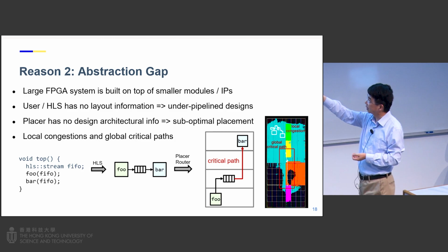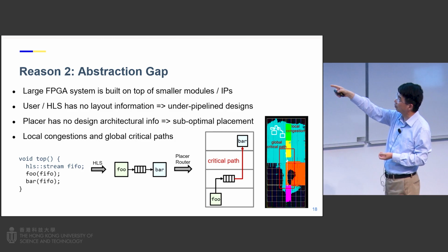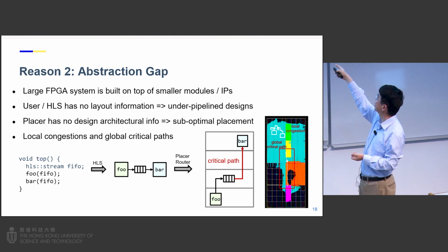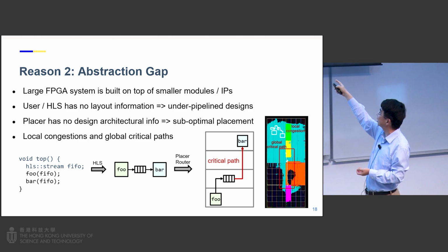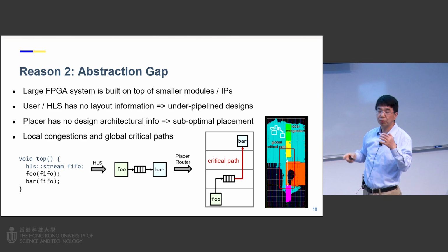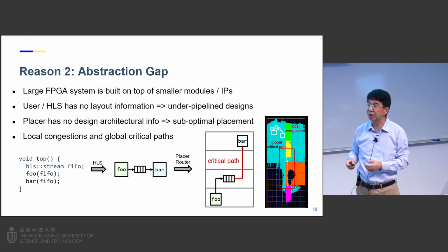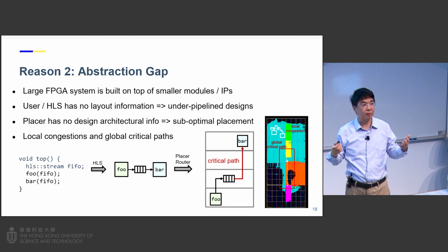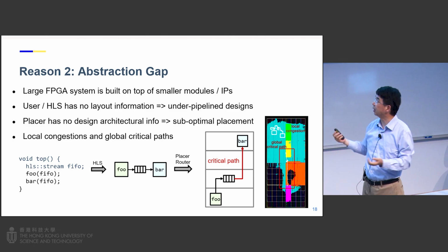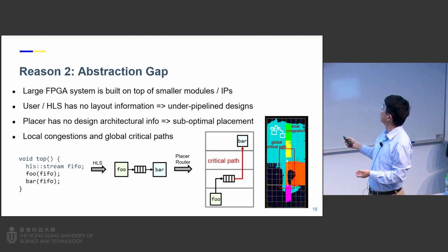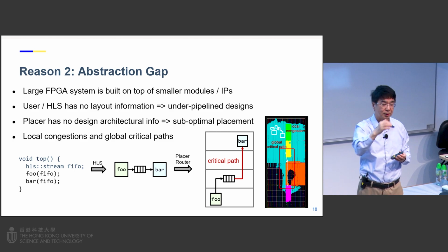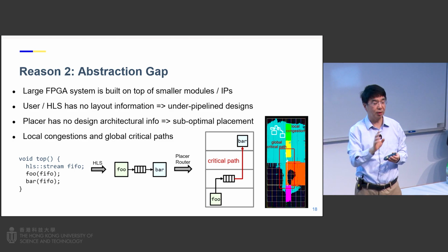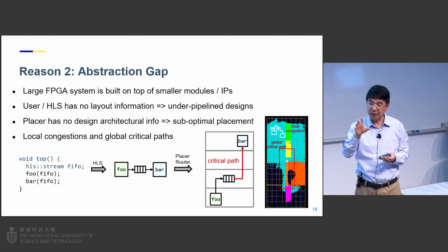So I show you this simple case where you have a Foo and a Bar, two functions, and they can be far away. In order to hide the delay, you have to insert some buffers or pipeline registers. But when you write the high-level synthesis code, you have no idea where they are. And then you give it to the downstream place and route tool, because you didn't do anything in the scheduling and resource allocation,